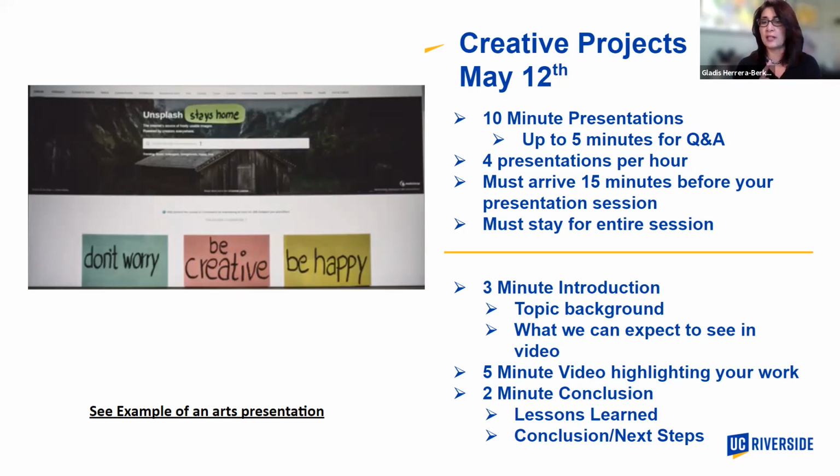A suggestion for these kinds of presentations is that you allocate maybe 3 minutes to your introduction. This is where you're going to give us background on your topic and guide us on what we're going to expect to see. You should also have a 5-minute video that highlights your work. So if you have a dance performance that you've choreographed, you might want to tell us what have been the influences for this dance. What is the message behind the dance? What are things that maybe we want to look at as we see a segment of that dance? And then you want to conclude with about 2 minutes telling us what are lessons learned? What are your next steps?